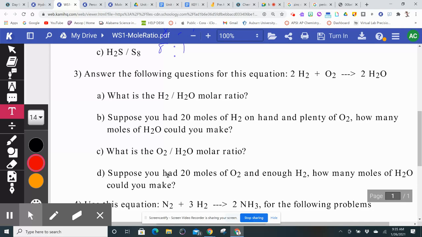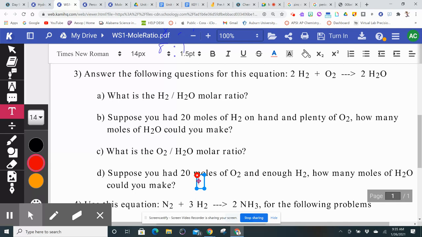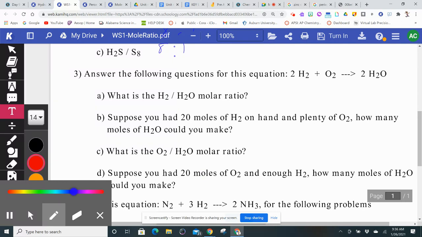All right, so now we're working our way out, getting a little more difficult. Answer the following questions for this equation. Our equations are still balanced. So what's the ratio of hydrogen to water? 2 to 2, which equals 1 to 1. Yep. So we would just reduce that down and say we have a 1 to 1